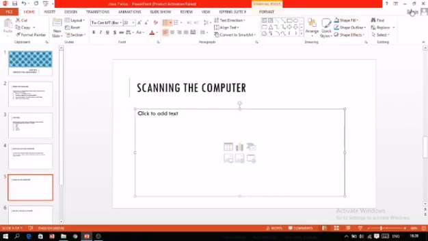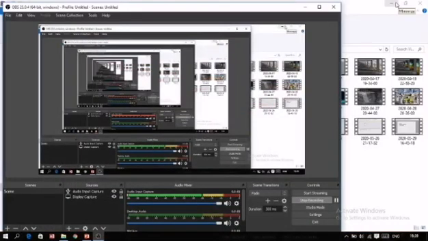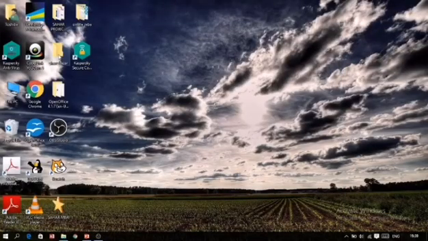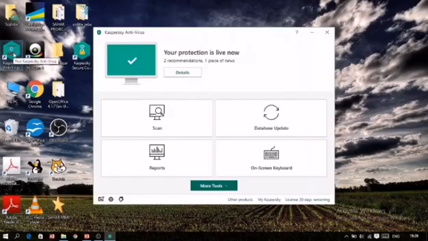Now I will explain how you can scan your system by using one of the antivirus programs. For example, in my computer I have installed antivirus software, and that is Kaspersky. So first you have to open it by double-clicking on the icon. As you double-click on it, the screen will be displayed. As you can see here, Kaspersky antivirus. Now here there is a scan option written. As I want to scan, I have to click on this scan option.